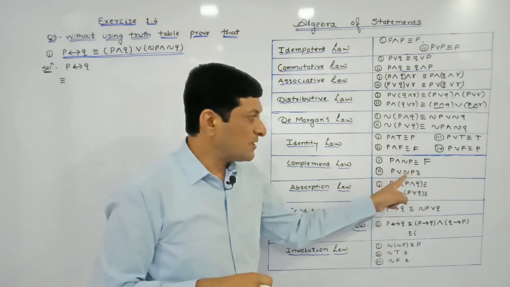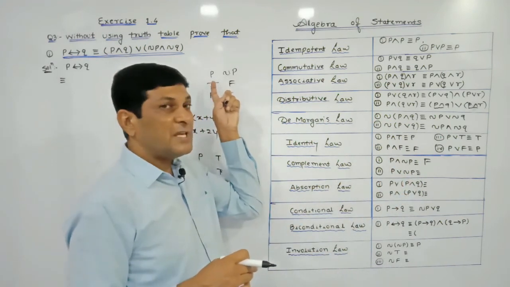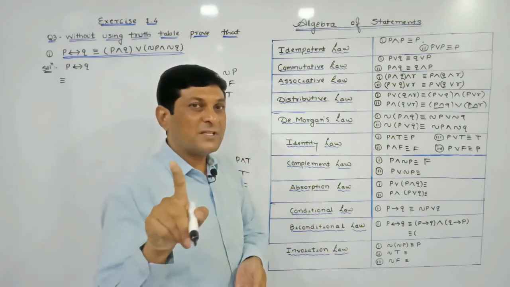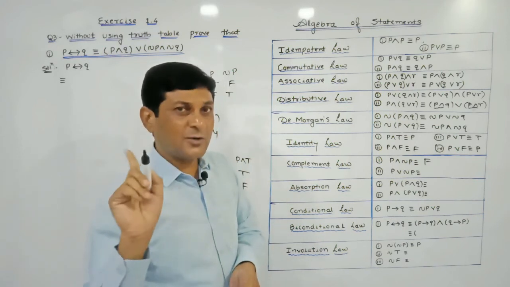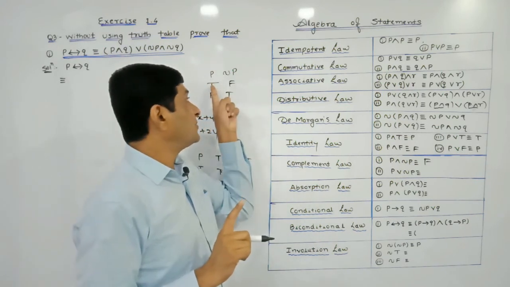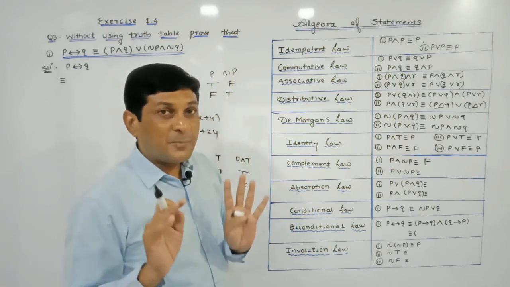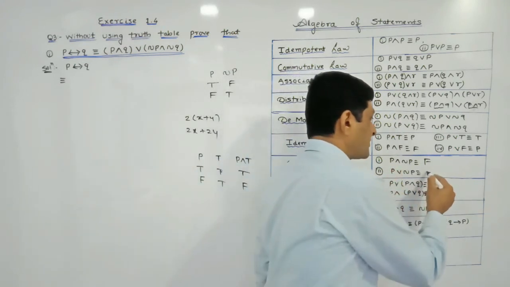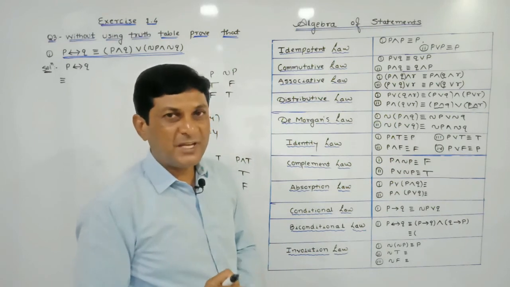Now the same two statements are connected by what? Or. And just now we have seen that the truth values of P and negation P are opposite. यानी दोनों में एक फॉल्स है तो दूसरा ट्रू रहेगा, और एक ट्रू रहा तो दूसरा फॉल्स रहेगा. यानी दोनों में से कोई तो भी ट्रू है, या तो ये ट्रू है तो ये फॉल्स है, या ये ट्रू, एक तो भी ट्रू आने ही वाला है. And if at least one statement is true, the truth value of OR will be what? True. That's why we can say that P or negation P will be true.